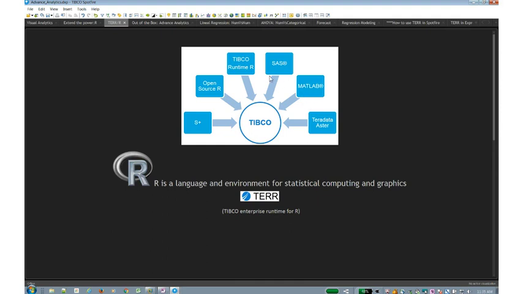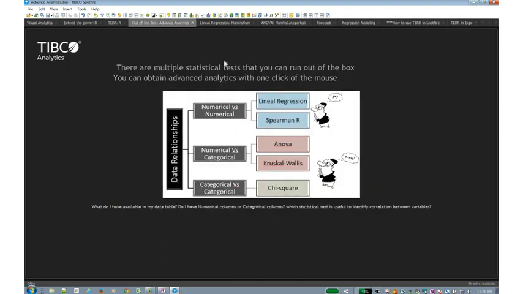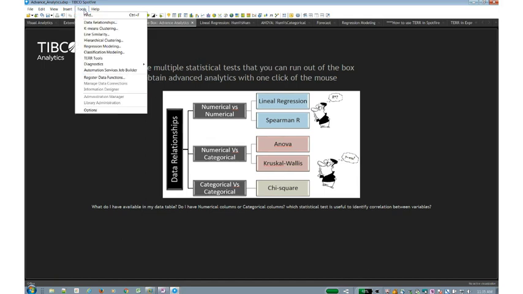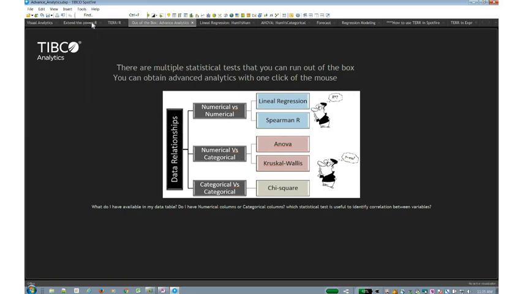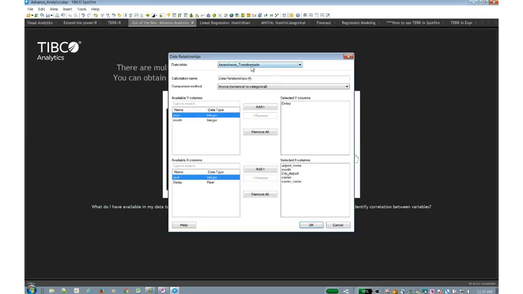So just to get it started, when you actually open up Spotfire, you have functionality at your fingertips with just simple clicks of your mouse. So for example, if you go to your tools menu, you can go to this data relationships section, and you can see that you have the ability to run some simple algorithms: ANOVA, linear regression, Spearman-R, Kruskal-Wallis, chi-squared.